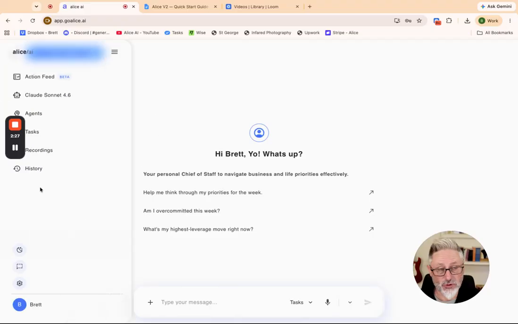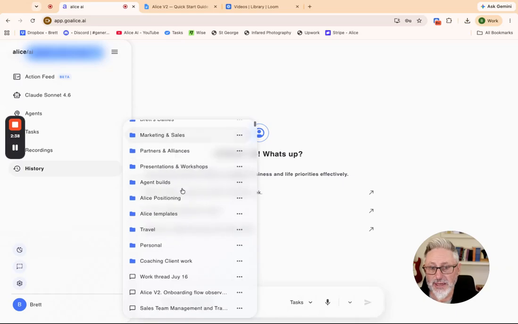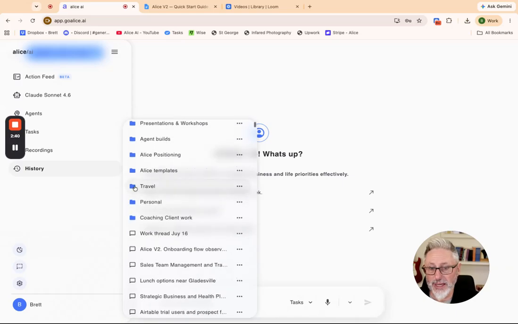History, if you still want to do different chats and folders for history, it's over here. You can find that here. We still have our folders. You can make a new folder or a new chat from here. You can click on a folder and it will drop down, and you can still name, rename, and move these